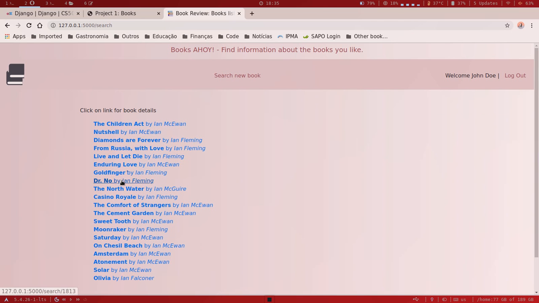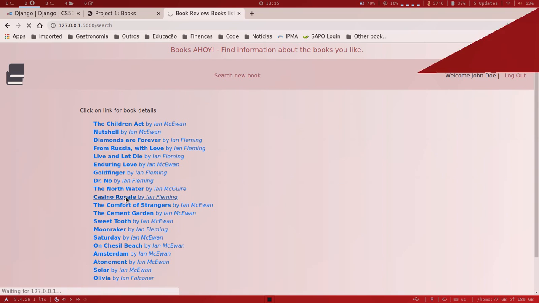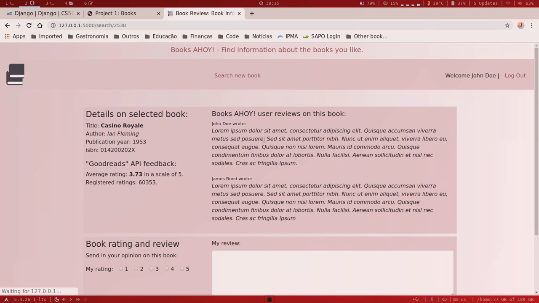And if I pick, for example, Casino Royale by Ian Fleming, I should have the details of the book, and here we go. So details of the selected book, which is Casino Royale, Ian Fleming, publication year 1953, and